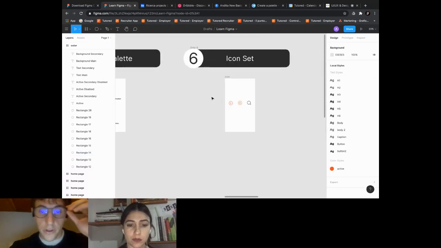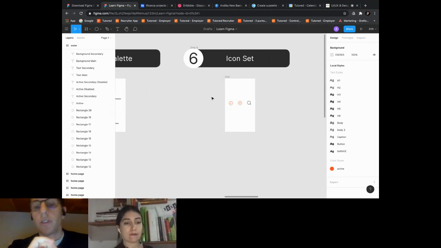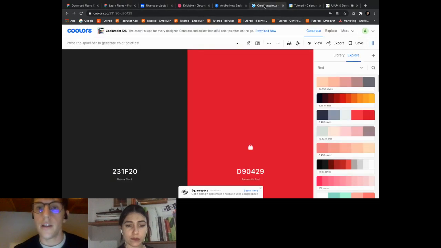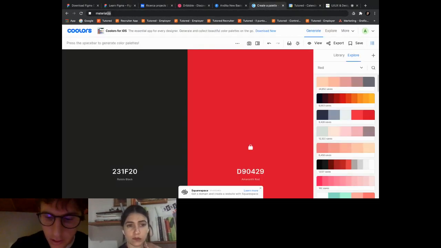Okay. The other important step is the icon set. There are 3 types of icon set: filled, outlined, and two-tone. The rule is to choose one of these styles. You can download them. You don't have to be an illustrator or a designer to create your icon set by yourself, but you can download it also on Material, like this Material icon.